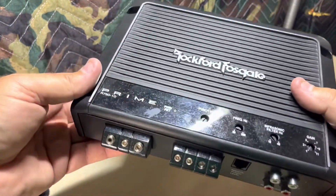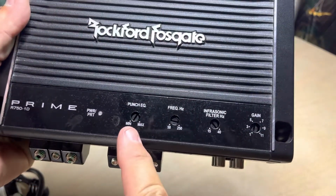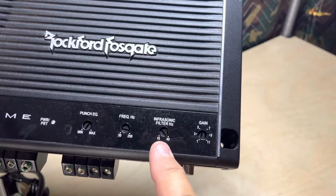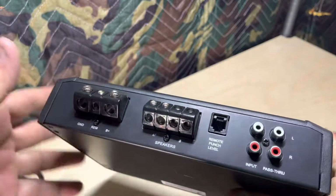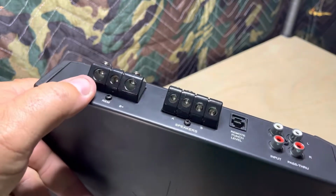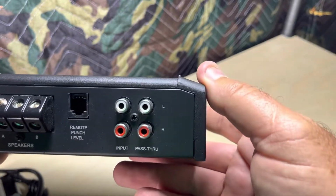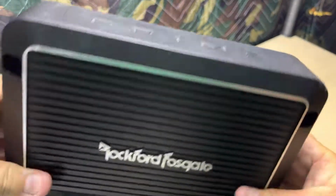light on the R2s. But here's what you get: power and protect light, the punch EQ, which is a bass boost. This is a low pass filter, a subsonic filter or infrasonic filter, gain. I love the screw down terminals. This is a 4 gauge. Looks like the remote there is 8 gauge. The speakers are 8 gauge as well. You have the input for the bass knob, and then you have, I like this, the RCAs, the input and pass through. This amp does not have high level